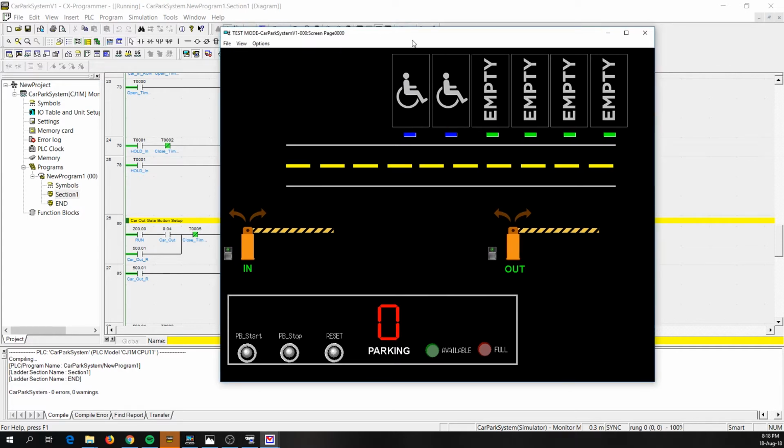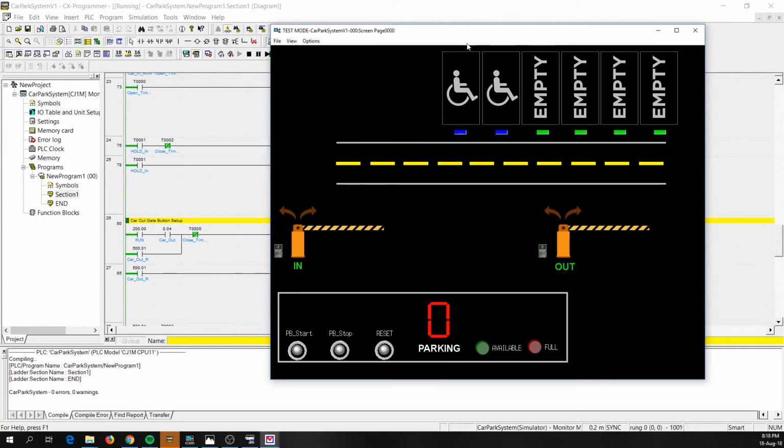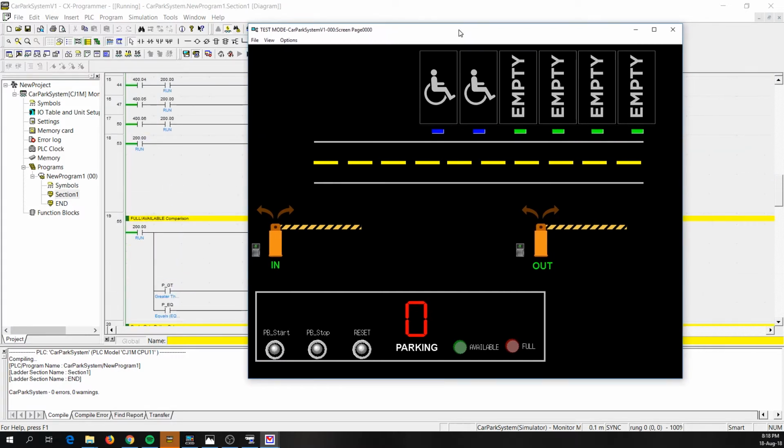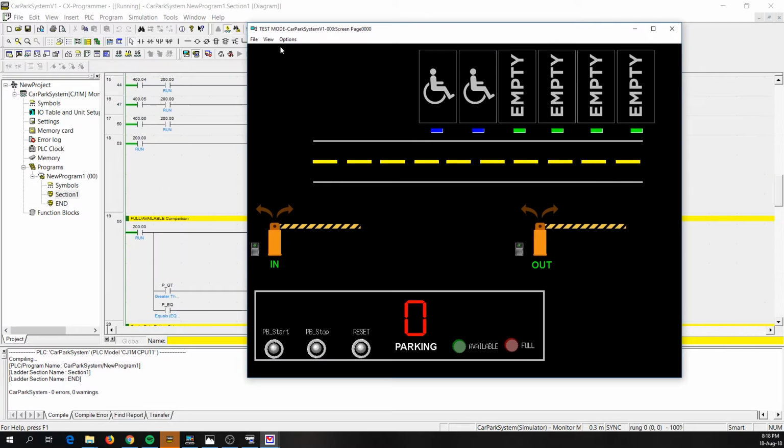Alright, this is a working HMI, which is linked with the ladder diagram behind. Okay, basically this is the start. When you want to start, let's say I click the start button, and then it's going to show 6 parking available because none of them is occupied. So let's say I'm going to occupy one, one for the OKU. It's going to show 5, and after that